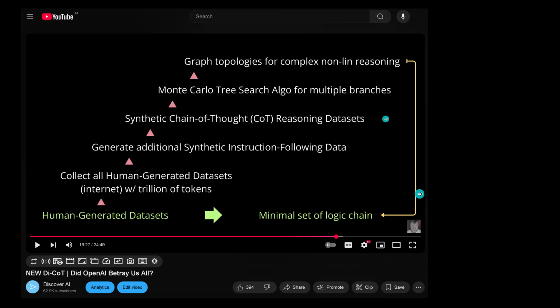Then in this video I showed you the first part. We all came back to a minimum set that is just required to have the perfect logical chain for causal reasoning. And I said, why do we have to take this detour?